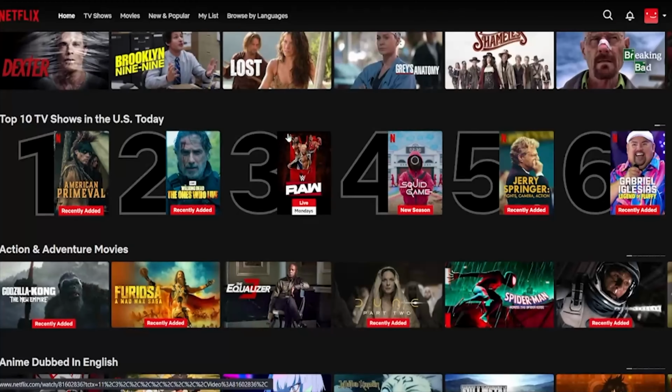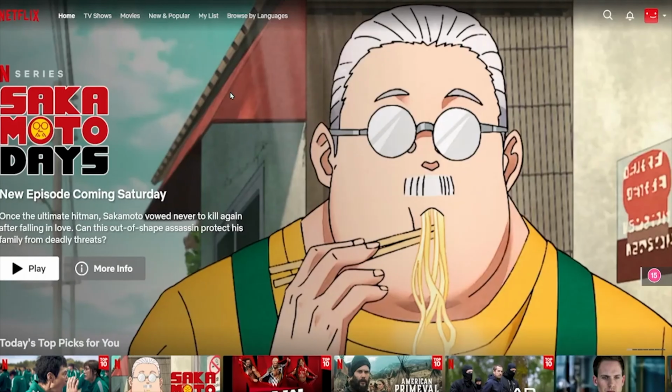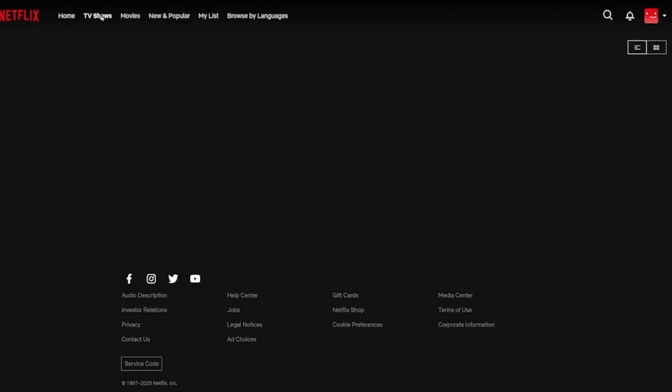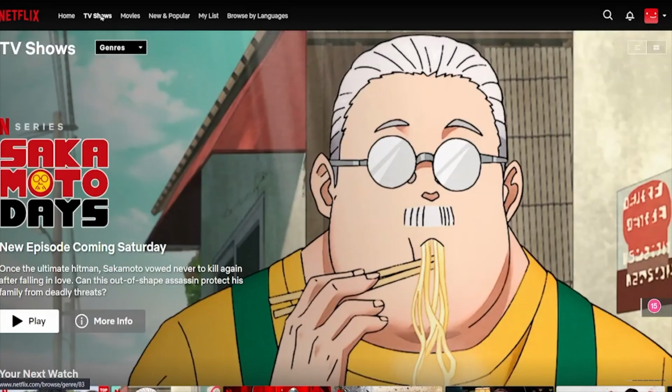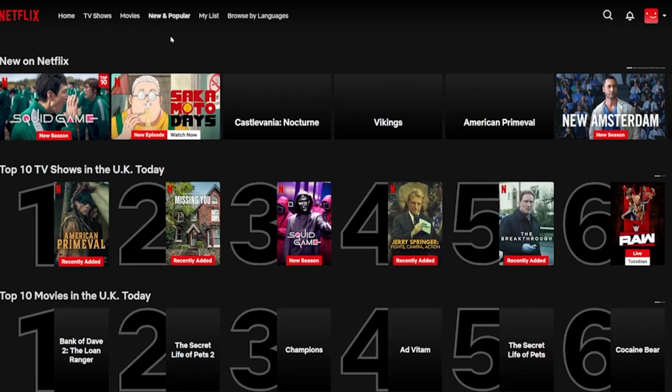Now here's an important step that a lot of people miss. After connecting, go back to your home screen and then open your streaming app. Don't open your streaming app before connecting because it may not recognize the new location properly. Once you open your streaming platform, you should now be able to browse content based on the specific region that